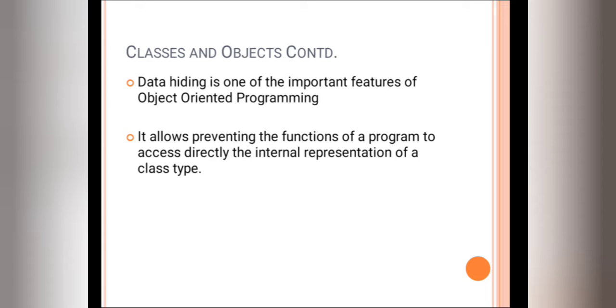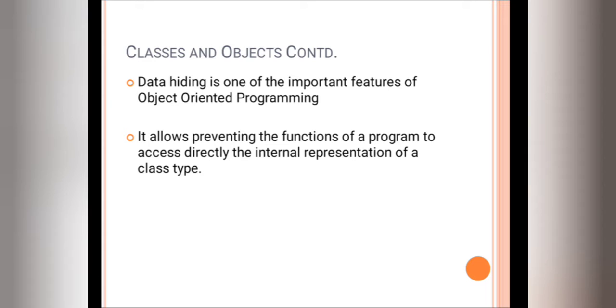We have started discussion about classes and objects in object-oriented programming. In my previous video, I have discussed classes, objects and their examples and how the classes are defined. That also we have seen. If you have not watched my previous video, find the link in the description or in the I button. So we will continue with the discussion now.